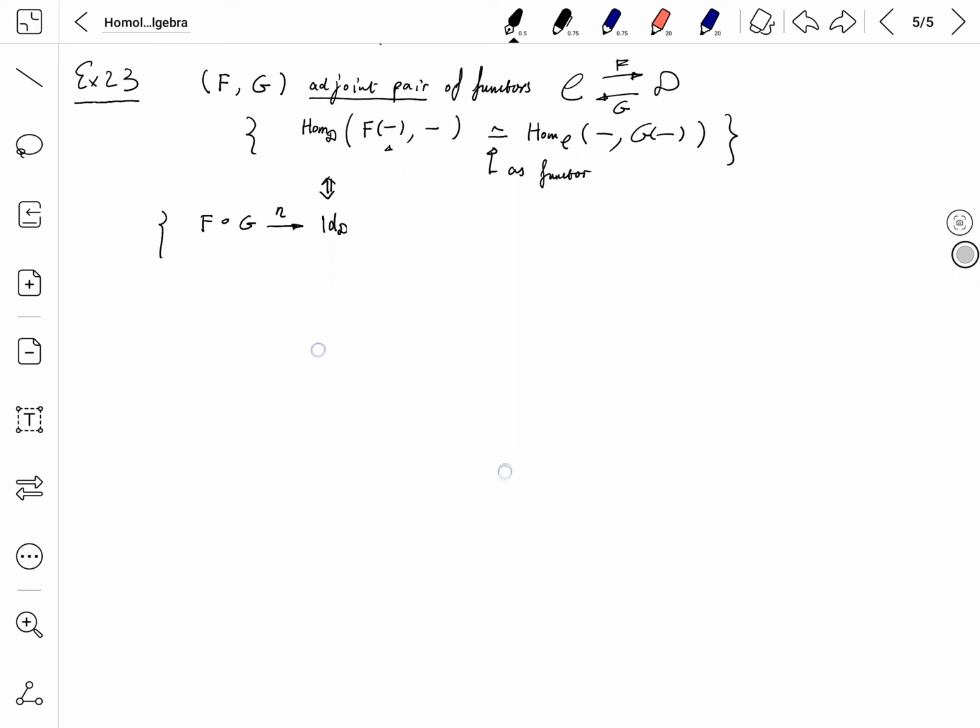Sorry, so this is a natural transformation, which means there exists such a natural transformation eta. And secondly, there exists a natural transformation called epsilon from the identity of C to G composed with F,